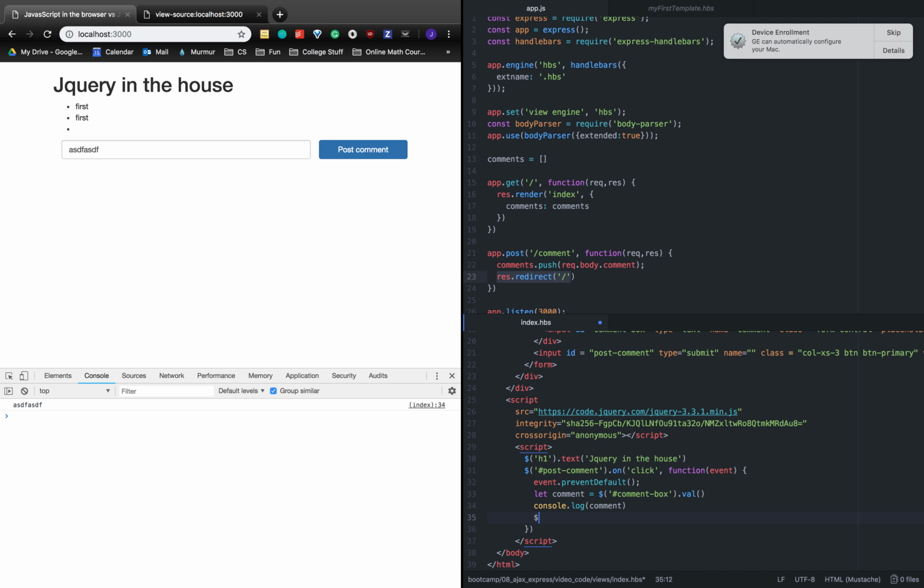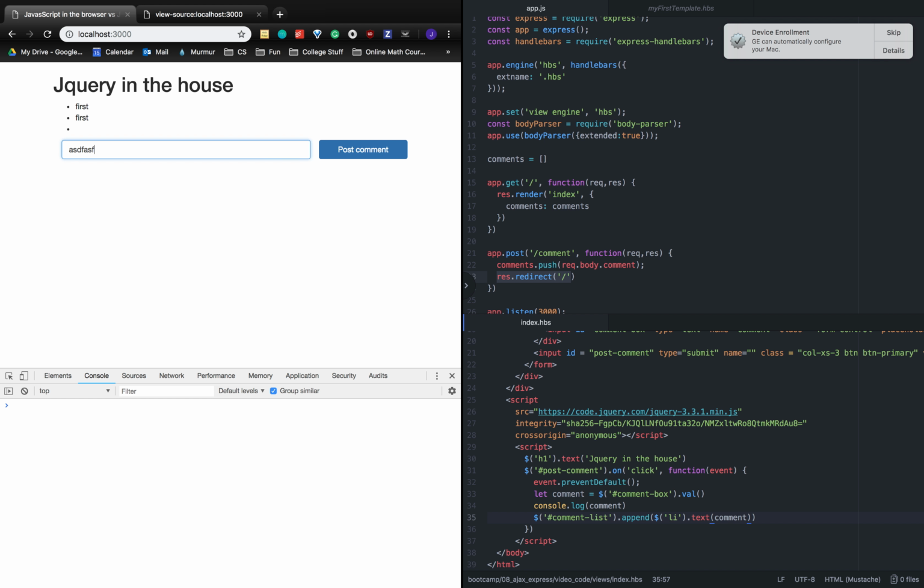So let's do hashtag comments list and then dot append an li element with the text of the comments. So let's try. Cool, let's refresh the page